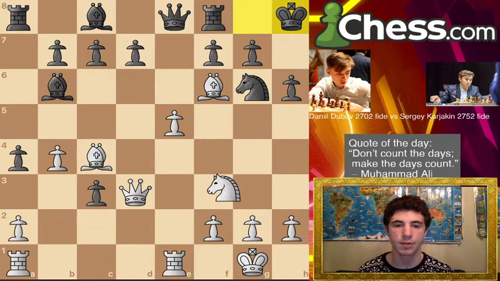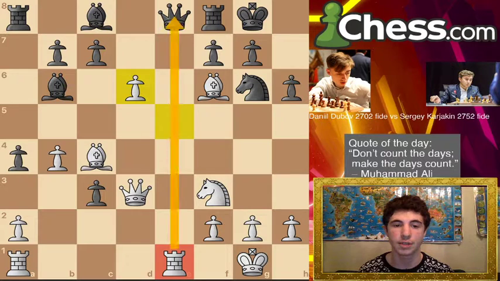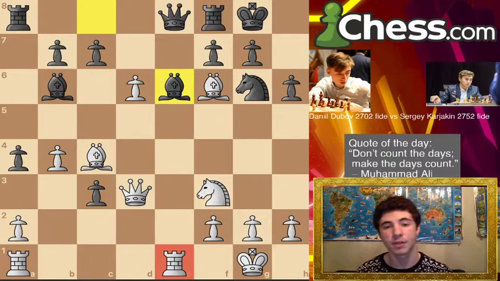In the game, Karjakin chose to play d5. Pawn takes d6, now the rook on e1 is threatening the queen, and bishop e6, stepping in the way of the rook on e1. Now, something I'd mention is that if the queen